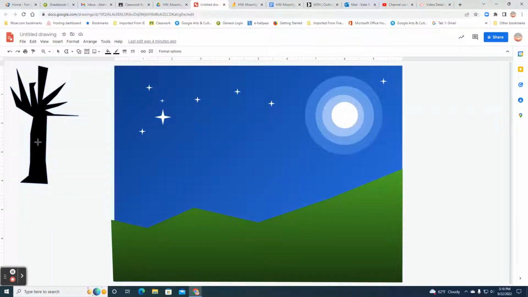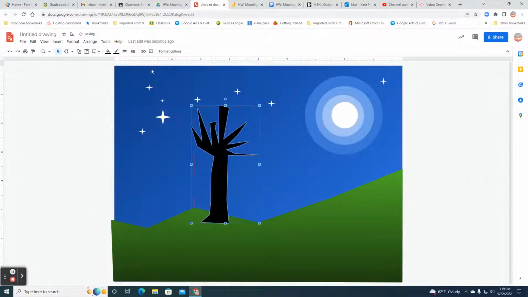All right, so once you have your tree, select it, and I'm going to move it to my landscape. Okay, so I'm going to get rid of that border. All right, and now I want to make a copy of it because I'm going to need to add in